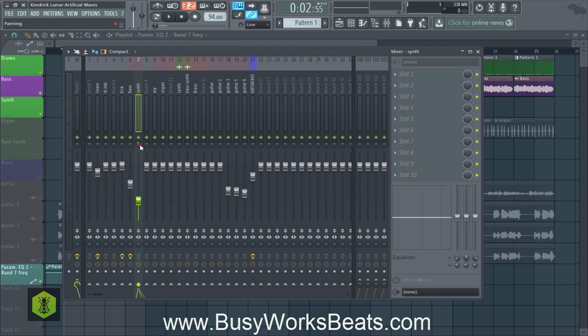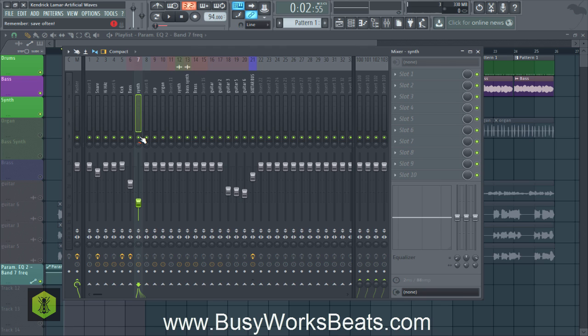We're going to pan this synth to the left about 30-something percent. Actually, let's pan it to the right because again, that hi-hat sounds like it's on the left. So that we're balancing sound. So we want to have something on the right side. So we have to ask ourselves, okay, the synth sounds good volume-wise and it sounds good panned, but what can we add to it to make it sound more dynamic?